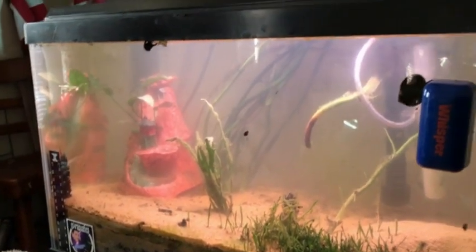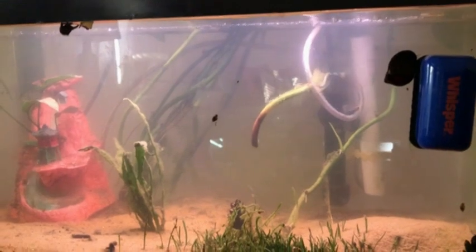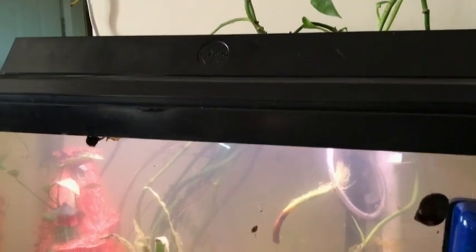Well, good morning. Here we are the next day, and as you can see, there's been some rearranging going on, and there have been some rearrangements that took place. First of all, we have reverted back to the original hood,